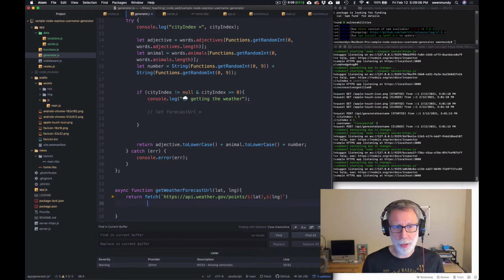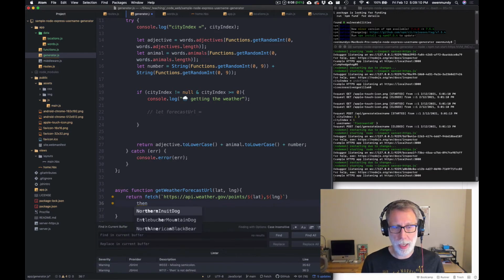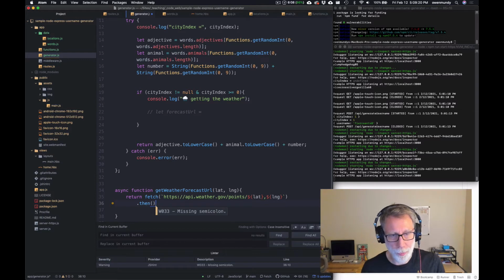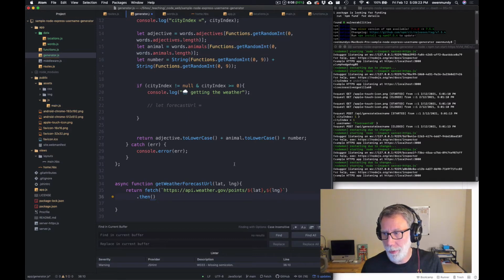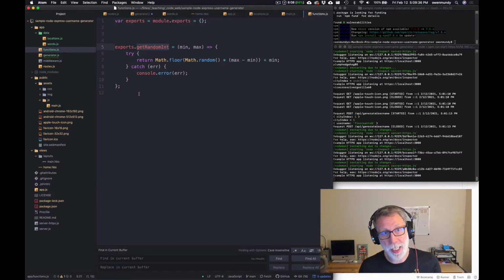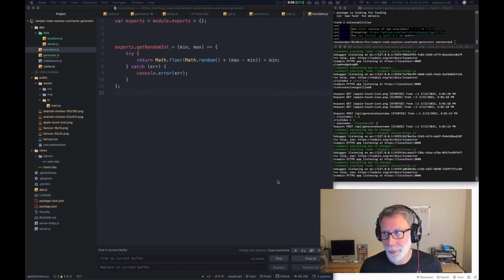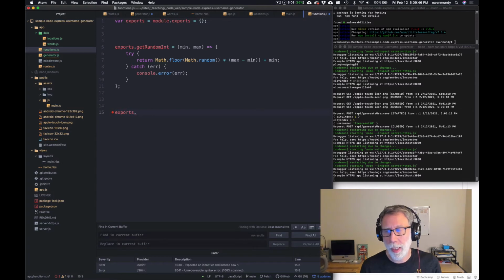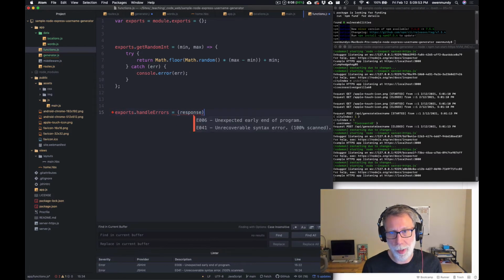Okay, so once that happens, we're going to say dot then, and we're going to chain in a bunch of statements to handle what happens. The first thing that we're going to do is add an error checker in here. It's an error checking mechanism that we're going to reuse, and we're going to put it inside of our functions document. Essentially it looks like this: exports, because it's in the functions module, handle errors, and we're going to take the response object,